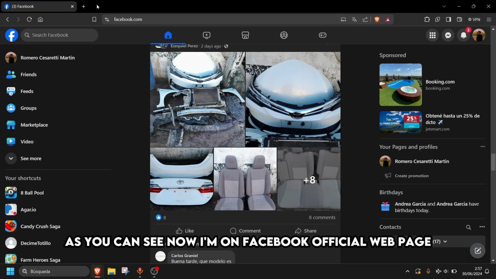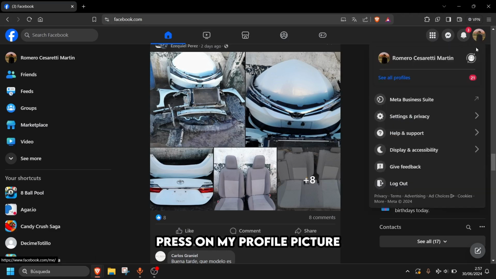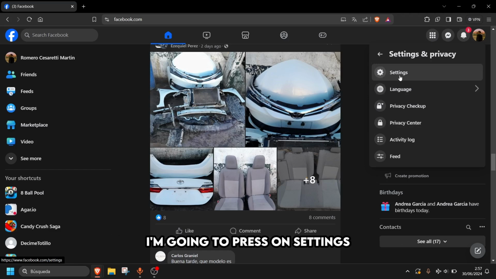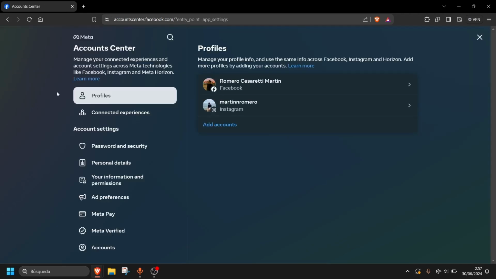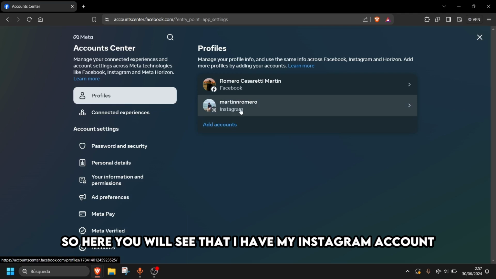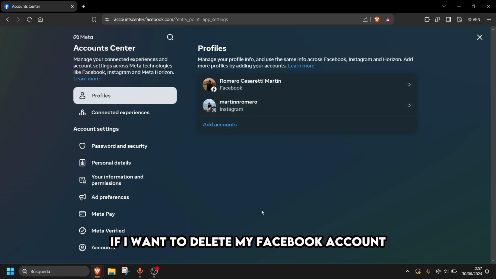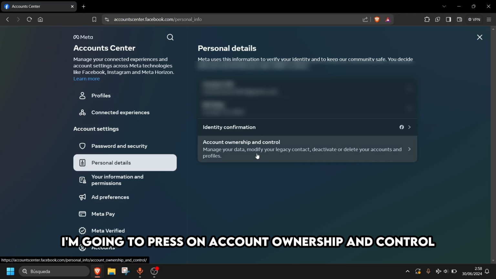So, as you can see, now I'm on Facebook's official webpage, and the only thing I have to do is press on my profile picture and go to Settings and privacy. Again, I'm going to press on Settings, and now I'm going to my Accounts Center. Here you will see that I have my Instagram account and my Facebook account, but the important thing if I want to delete my Facebook account is to go to Personal details, and now here I'm going to press on